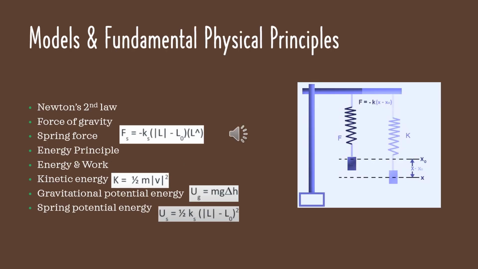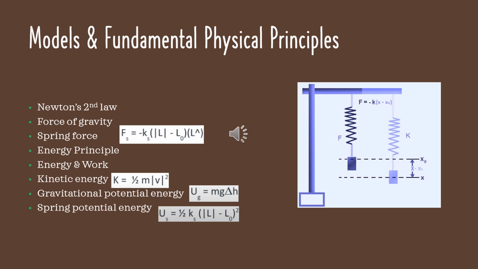Newton's second law states that the force of an object is equal to its mass times its acceleration. In other words, the force is equal to the rate of change of momentum. Newton's law of universal gravitation states that every particle attracts every other particle in the universe with a force that is proportional to the product of their masses and inversely proportional to the square of the distance between their centers. Hooke's law states that the force needed to extend or compress a spring by some distance scales linearly with respect